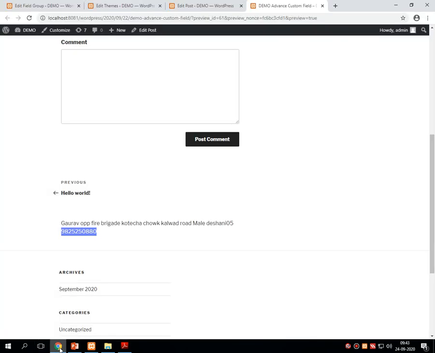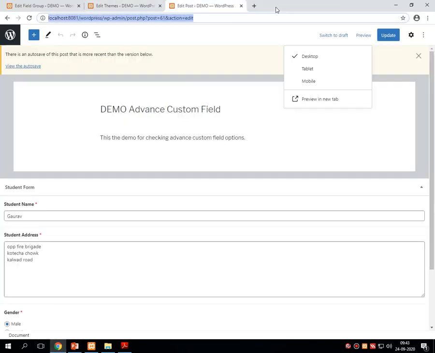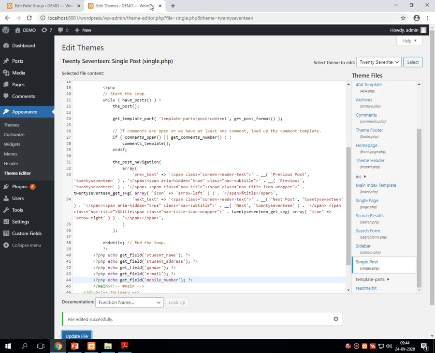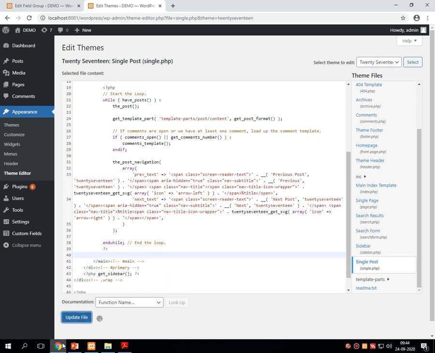For that, what we have to do, let me close all the options so it would be very easy for all of us. I am removing this thing from the post also because the demonstration is completed.